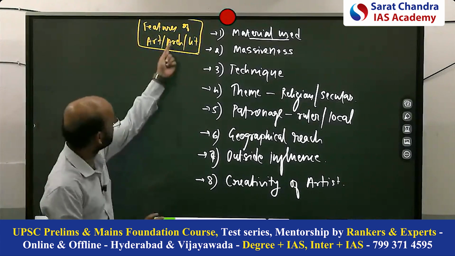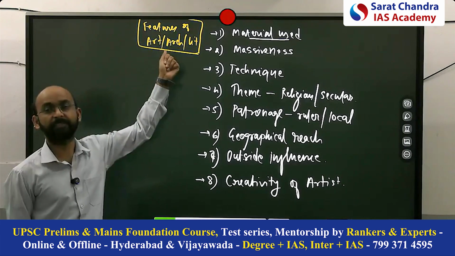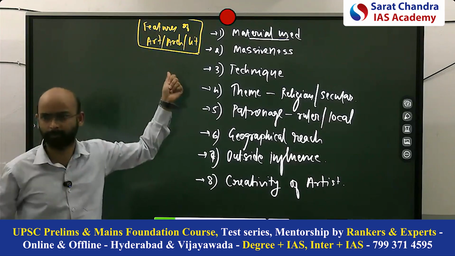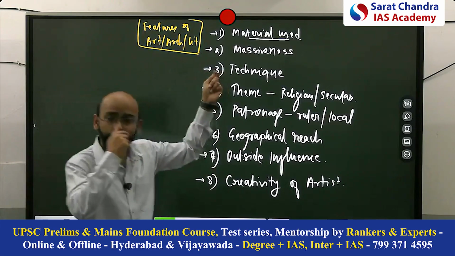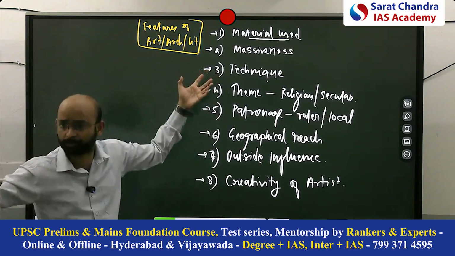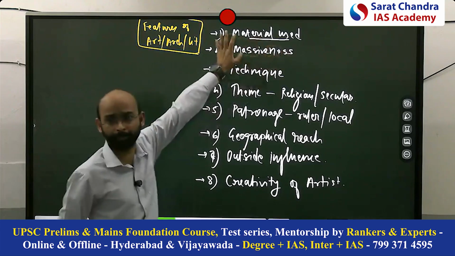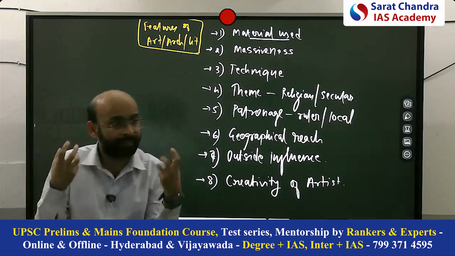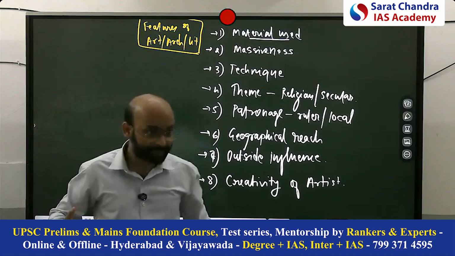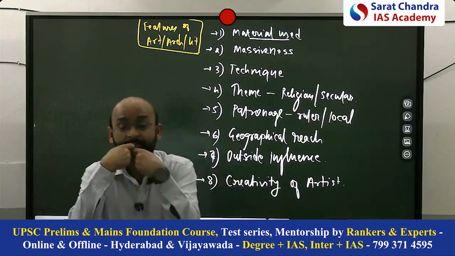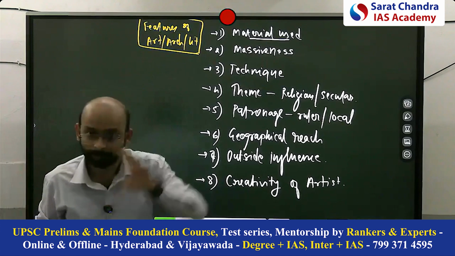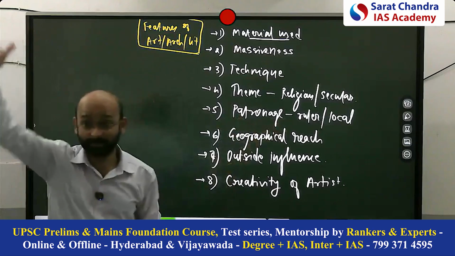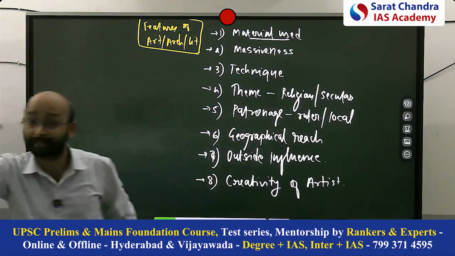Clear? So if they ask like the dance form, let's say they give Bharatanatyam, give features. You don't know anything, at least you know the place of Bharatanatyam. Let's say you know that it is related to Tamil Nadu, South region. So what will you write? The material is no point, massiveness no point. Technique, you say that there is a technique, that the movement of hand, facial expressions, the leg, there is a rhythm in that which symbolizes some message, right? That's the technique. Theme, religious theme. Then patronage, yes, rulers were patronizing and it was important in the Devadasi system.